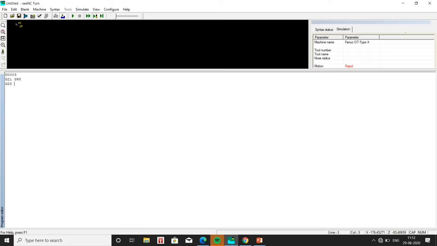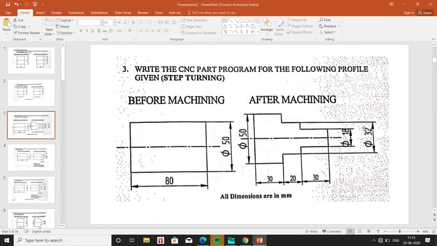We will be using G90, that is standard cycle for turning operation, so that we can reduce the length of the program. So use G90 and just enter the diameter step by step until X equals 32 mm. So only for X equal to 32 mm we have to go till Z minus 50. So type X32, and now with X equal to 30 we have to go with Z minus 30 mm. So up to 30 we have gone with minus 50 mm.